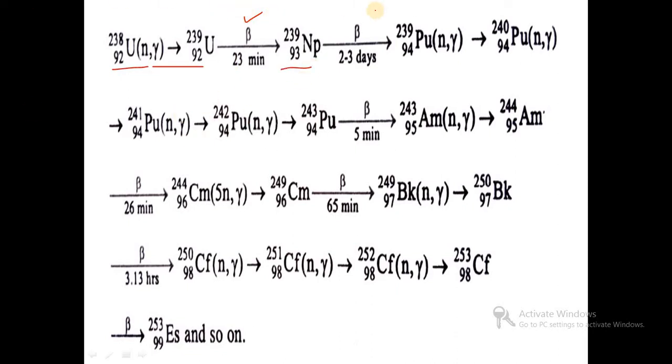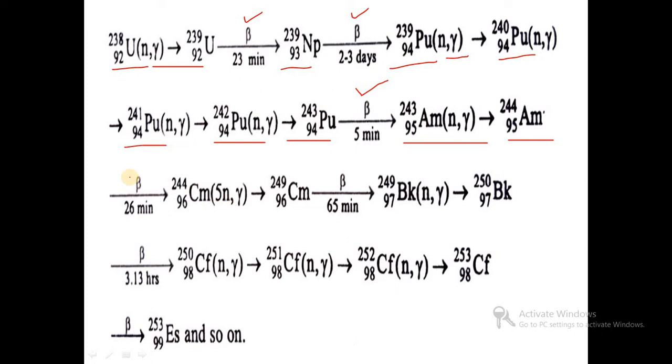Further beta emission gives rise to plutonium 94-239, which undergoes the n-gamma process. We get the plutonium 94-240 isotope, which further undergoes n-gamma. We get plutonium 94-241. Further n-gamma, we get plutonium 94-242. Further, we get 94-243 plutonium, which undergoes beta emission. We get the higher element americium 95-243, which undergoes the n-gamma process. We get americium